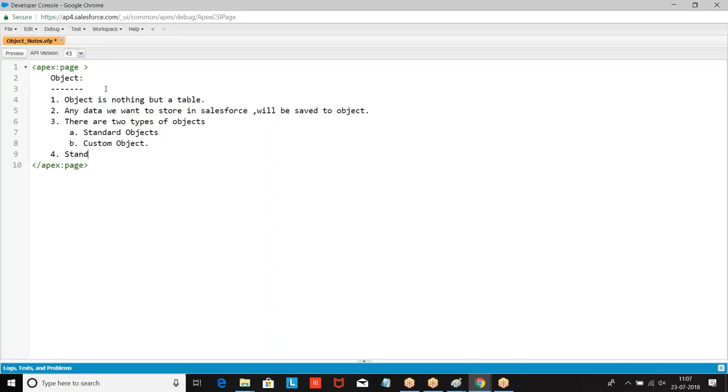So what is a standard object? Any object created by Salesforce to meet the global CRM requirements is called a standard object.